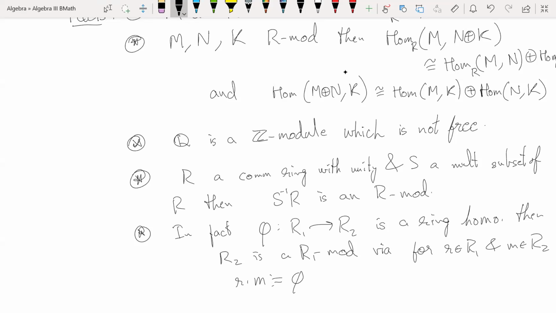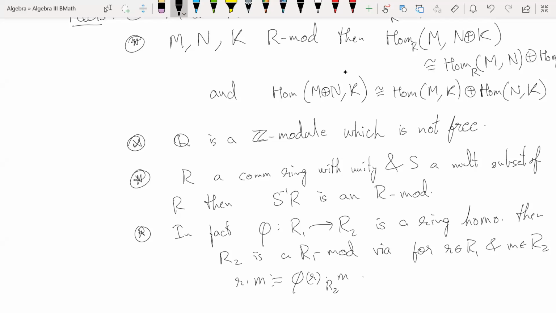Scalar phi(r) times m. phi(r) is some element of R2 and you can do the usual multiplication in R2. Is this clear? Maybe I'll just emphasize this is multiplication in R2. That way you can see that S inverse R is going to be an R-module because